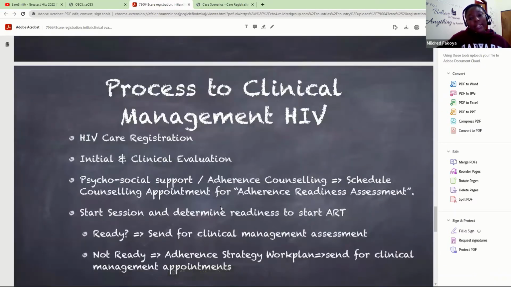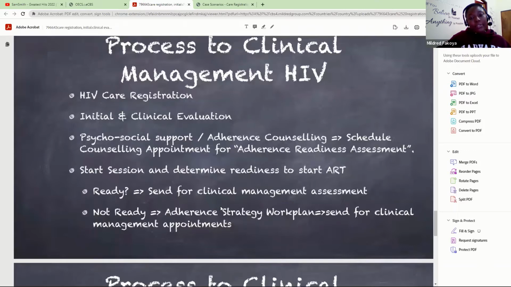To get the clients to clinical management, the process flow is like this. We register the client into care, do the initial and clinical evaluation, and send the client for psychosocial support or adherence counseling. If the session starts and the client is determined to be ready to adhere to medication, then send the client for clinical management assessment. If the client is not ready, you do an adherence strategy work plan and then send the client for clinical